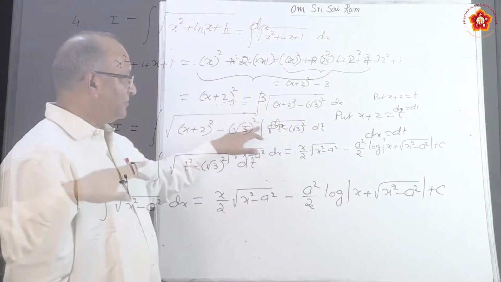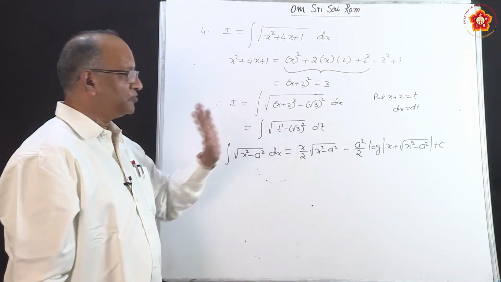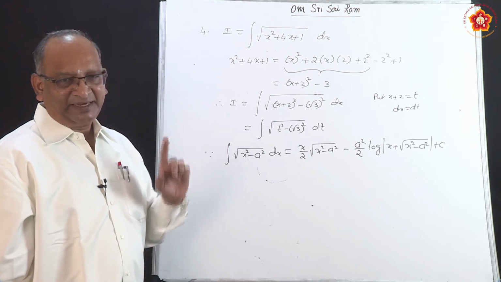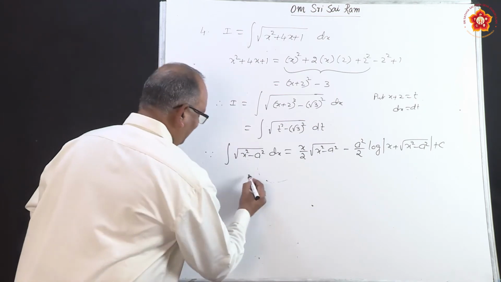This formula will use, in place of x you have got t, in place of a you have got root 3. Make that substitution. In place of x you write t, in place of a you write root 3. So I will become